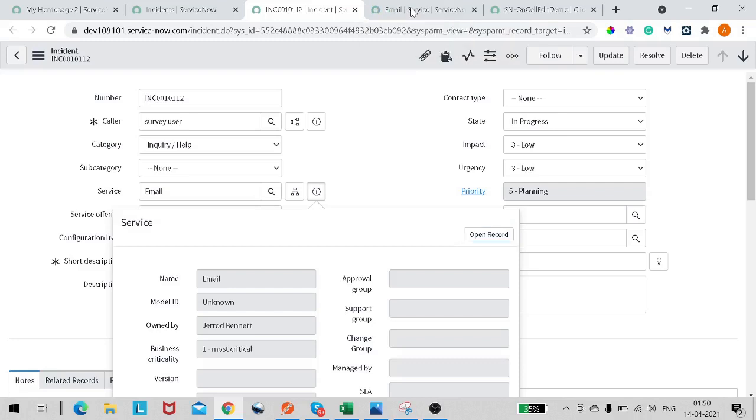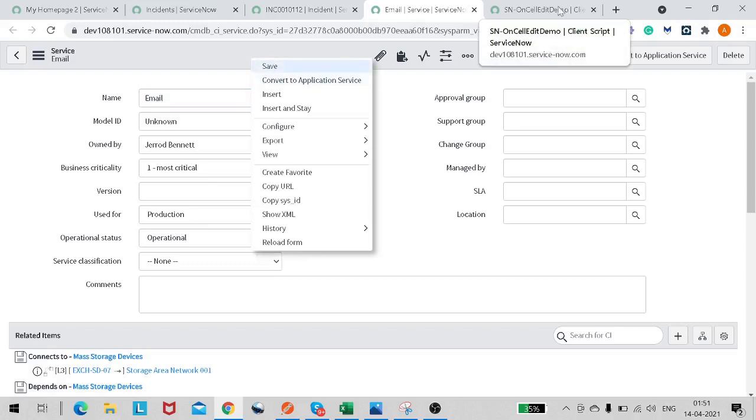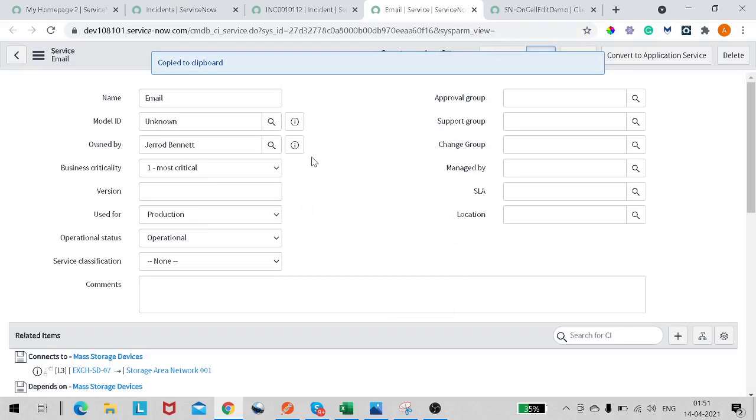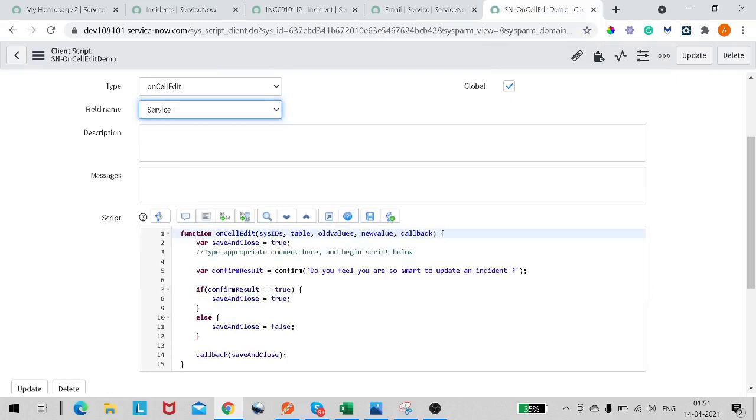Now what we want to do, because I don't want to see any incident for email service, I want to block it on the UI itself. So I will simply right click and copy the sysID of this record so that I can distinguish the email service. And now coming over here,